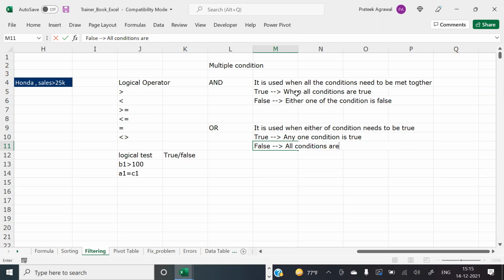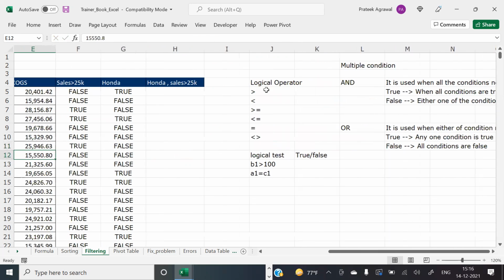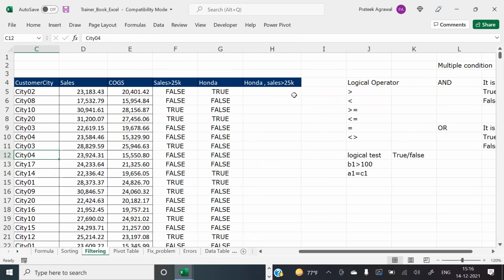So over here, how many conditions do I have? Honda, with sales greater than 25,000. Two conditions. How are they related, AND or OR? They are related as AND. So we start with equal to AND. And over here, the syntax is logical 1, comma logical 2, and so on and so forth.